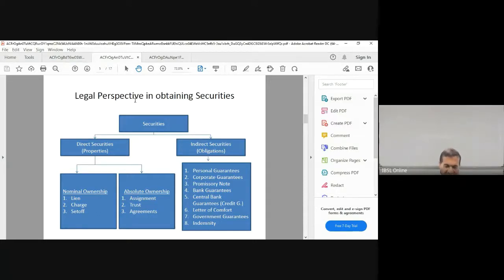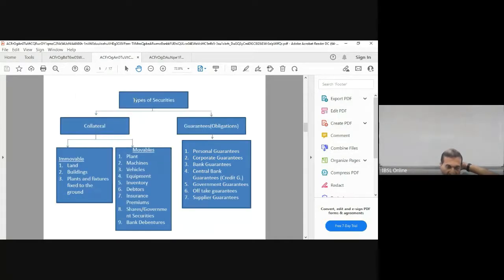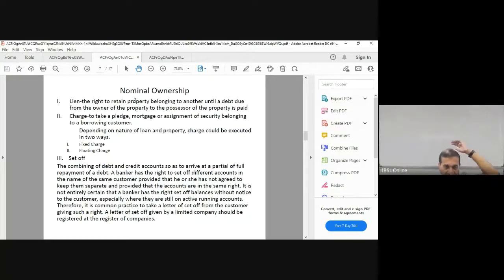So that's a legal proceeding, and some people misunderstand. During the pandemic, we could see incidents where people were trying to get the property back on the strength of the president, but there is a legal proceeding. So even the central bank did not intervene in that. There were guidelines issued, but then again, if you look at the clarity of the legal position, that is as such. And on nominal ownership, where we take a temporary ownership: lien, charge, and set off. If you look very carefully, what is this lien?